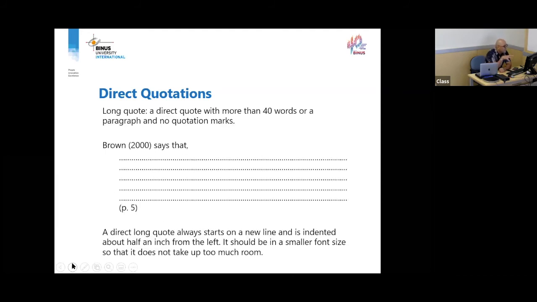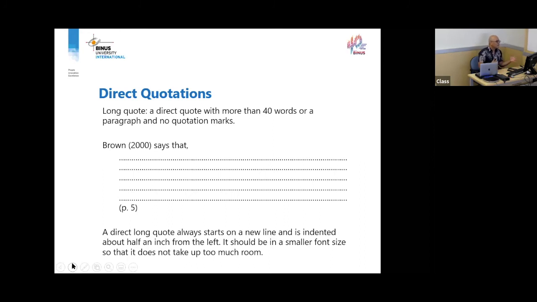And if it's a long quote, more than 40 words, then you set it in a block quote. So it's further indented into the text, or into the essay or the research paper, and usually it's single spaced.